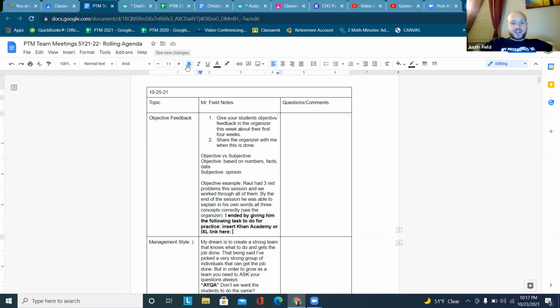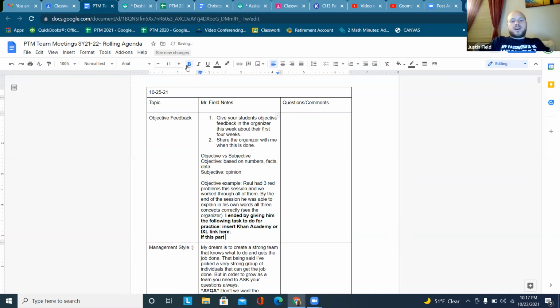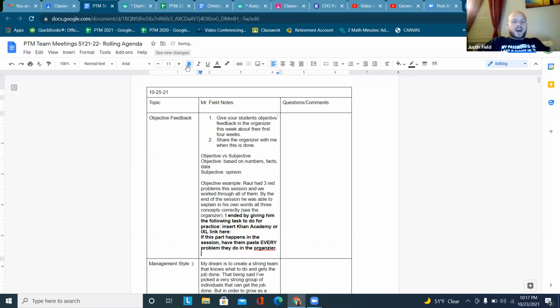If this part happens in the session, have them paste every problem they do in the organizer, and that can be part of your objective feedback. Like this, your feedback could be, during the practice, he earned 5 out of 5 correct.